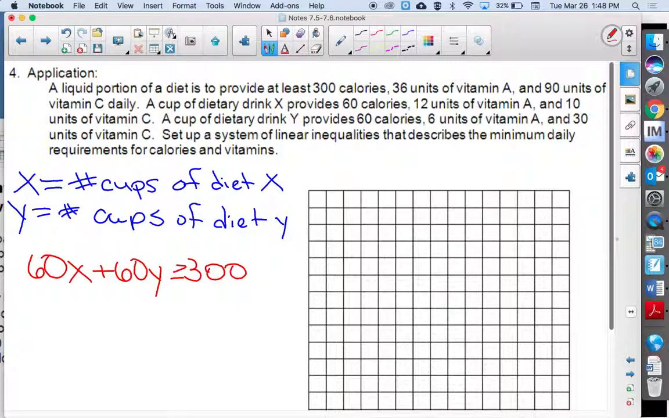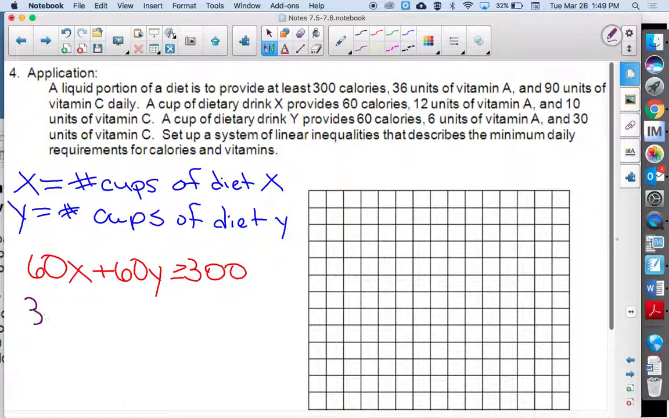So kind of piggybacking off what Kate had, the 300 calorie minimum requirement, well, my 2 drinks each have 60 calories per cup. So those 2 cups must at least be 300. So then how can we try and use that to help us get a second inequality? Kate, you think you have an idea? Yeah, so would you do